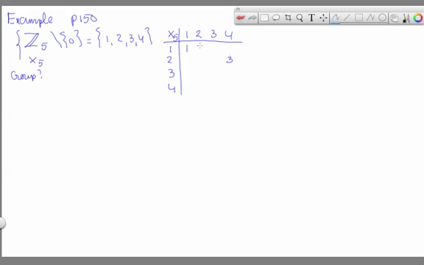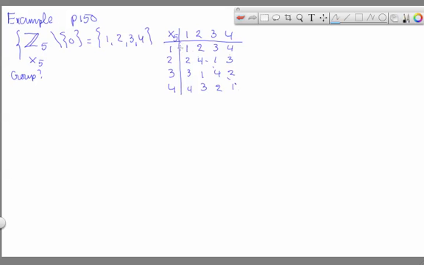For instance, here the remainders are 1, 2, 3, 4 respectively, and here also the same. Now 2 times 2 is 4, divided by 5, remainder is 4, and 2 times 3 is 6, remainder is 1, and so on. And if I fill out the table, it goes like this. Here I have a 3, and here I have a 1. And obviously I see already a symmetry, a beautiful symmetry